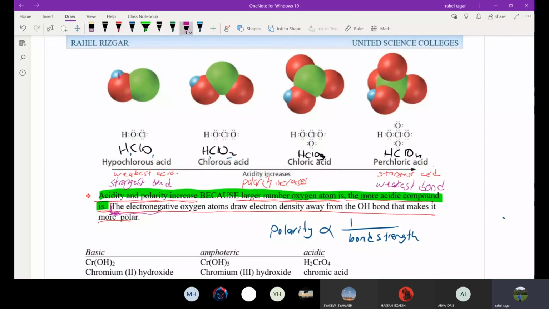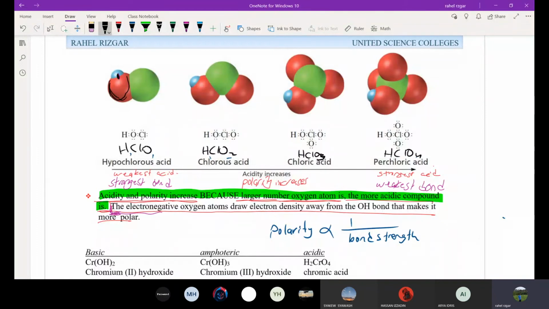There's a bond here. Let's look at the figure. There's a bond here. Between what? Between the hydrogen and the oxygen. This oxygen, as you can see this red part, these are all electron clouds. These electron clouds are bonded to the hydrogen so strongly that they don't let the hydrogen